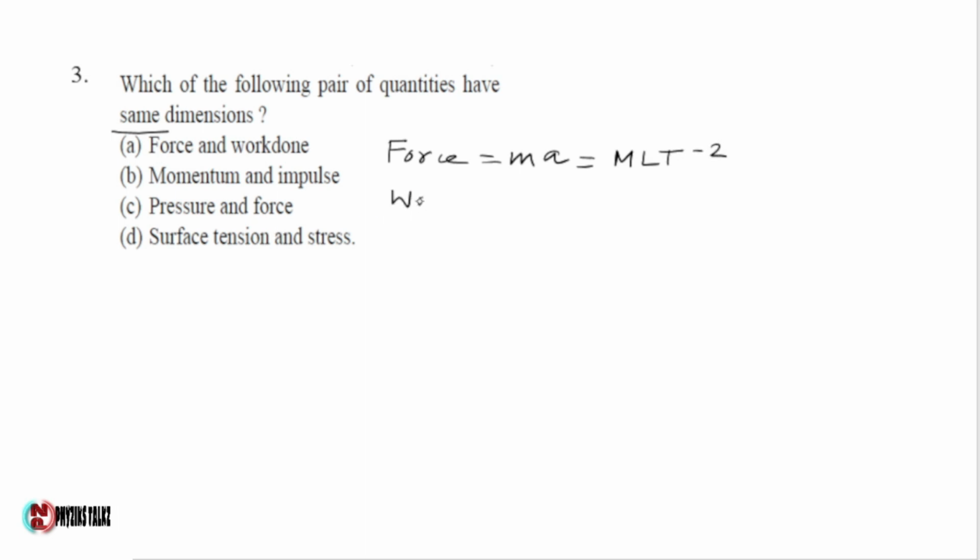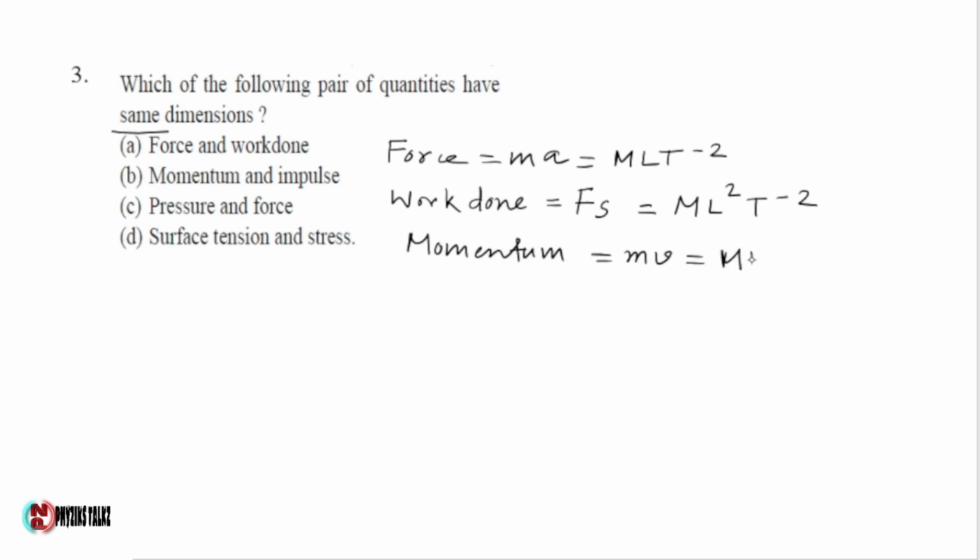Work done equals force into displacement, which gives the dimension as ML^2 T^-2. Momentum is given by mass into velocity, which gives the dimension as MLT^-1, and impulse